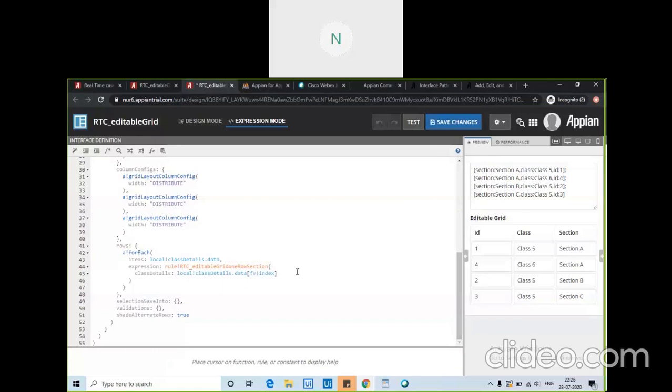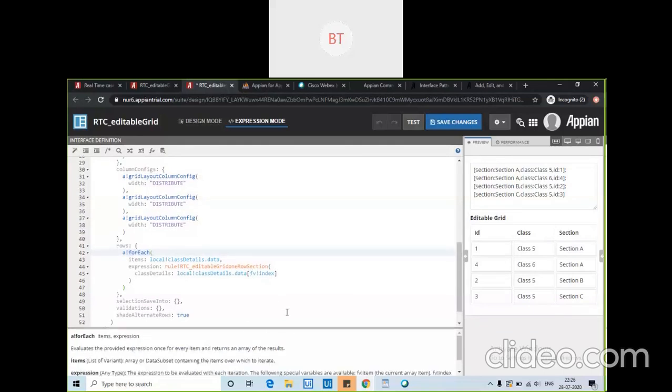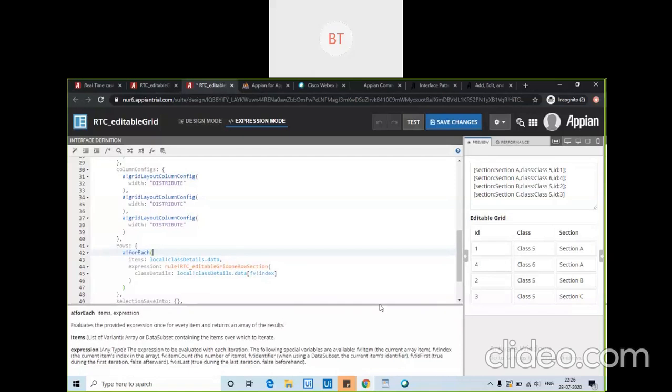Okay, so see, this forEach has some inbuilt functionalities, like every item, first, last, item. Here I think it's mentioned. Yes, see, every item is the current array item. Then every index is the current item's index in the array. So these functionalities are something this forEach has of its own.